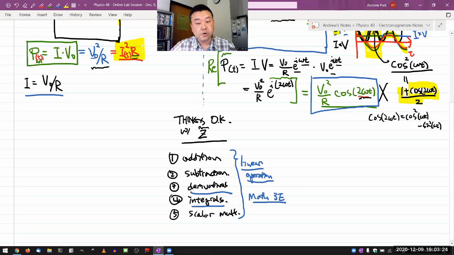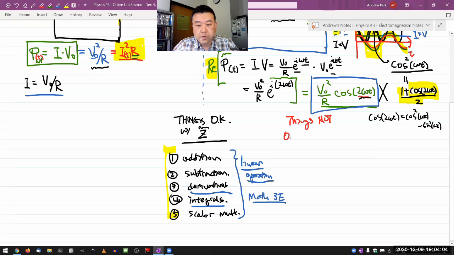And with these linear operations, a certain relationship between the real and the imaginary part of a complex number is preserved, or they are transformed in a predictable, nice way, so that later on you can take the real part and get the number that you would have gotten if you didn't use complex numbers. So these are all okay things. It's quite a few, which is why using complex numbers is a good thing to do in AC circuit analysis. But what you have to be aware of is that there are things